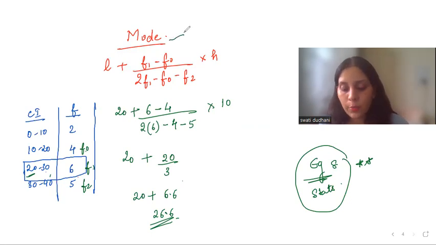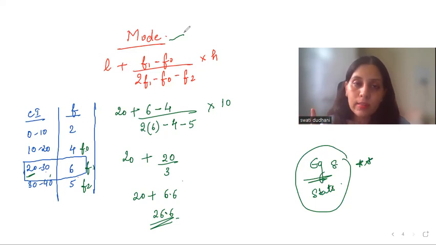And the third model can be like the mode is given to you and you need to find the missing frequency. So basically you can get all the one-mark questions from all of it: one from mean, one from mode, one from median. Any question can come, and one question from the missing frequency is sure to come. You will definitely get that.